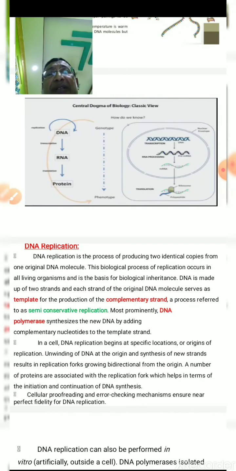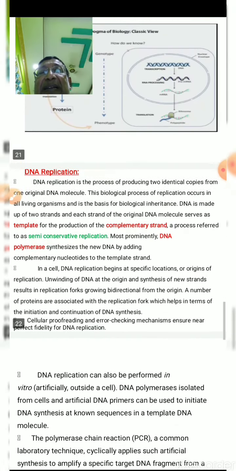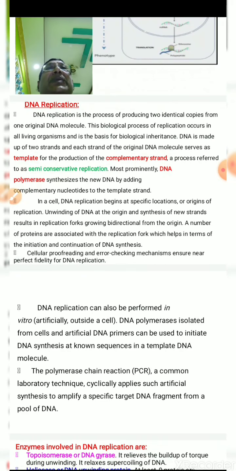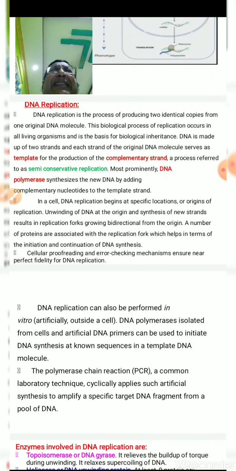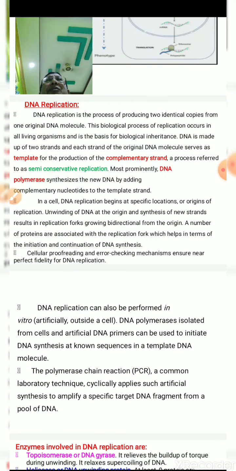Now according to the modern central dogma, there is a simple difference: DNA gives rise to RNA, and sometimes RNA may also give rise to DNA in the case of some viruses. So in my next diagram, I am coming to the most important property of the DNA, which is DNA replication. Now one thing you try to understand: DNA replication always takes place in the synthetic period. In our cell cycle, this S period is there. In that S period, DNA replication takes place.